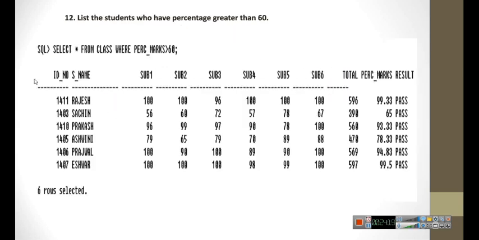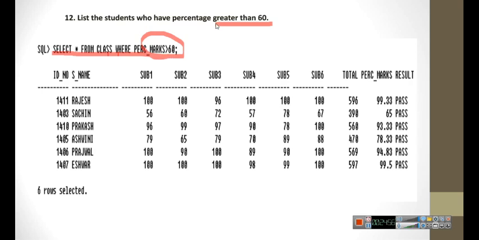So next, select star, list out the students who have percentage greater than 60. So remember we are listing out those students who have scored more than 60%. So 60% is nothing but your column percentage marks. So you are going to check the percentage marks. So let us see the command: select star from class, class is a table name, where percentage marks is greater than 60.